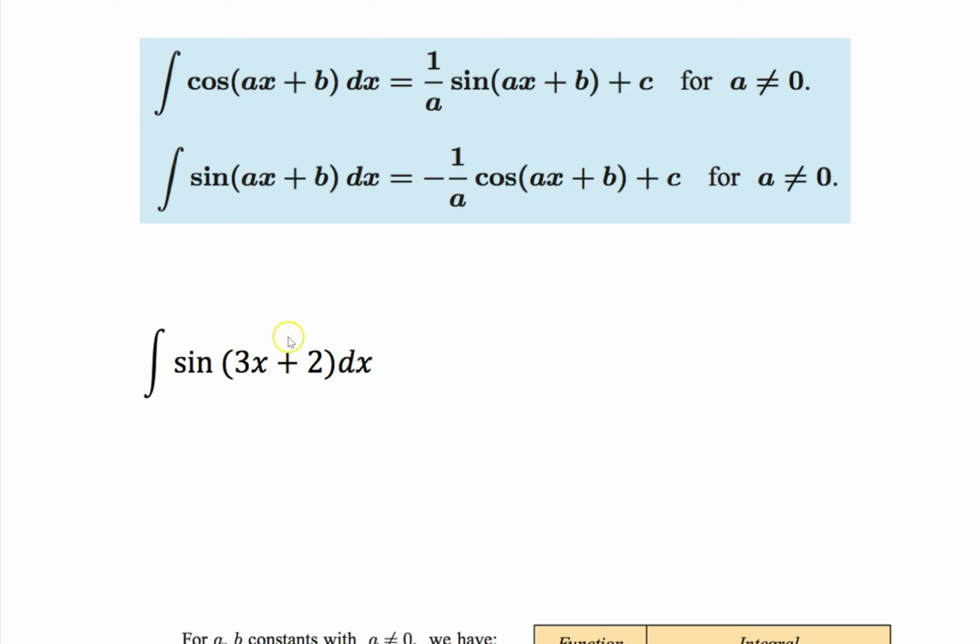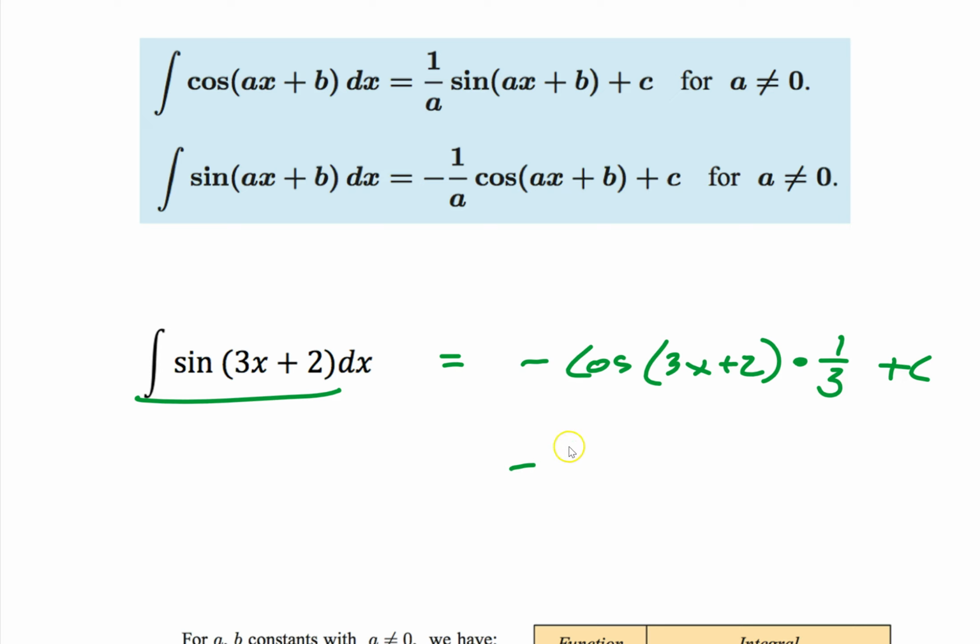Oh, there's my outside. So let's integrate this. Integral of the outside, which is negative cosine, because the integral of sine is negative cosine. So negative cosine, leave the inside alone, and then divide by the derivative of the inside. So 1 over 3 plus c. If you want to make it a little prettier,